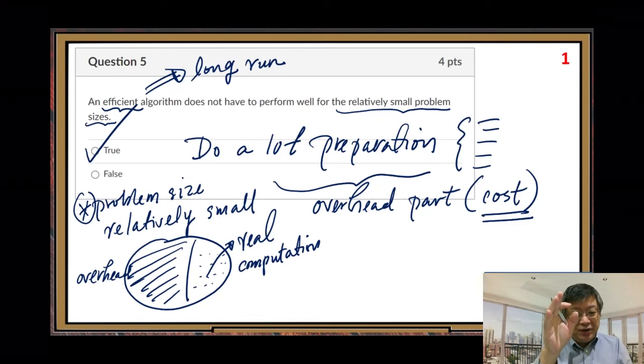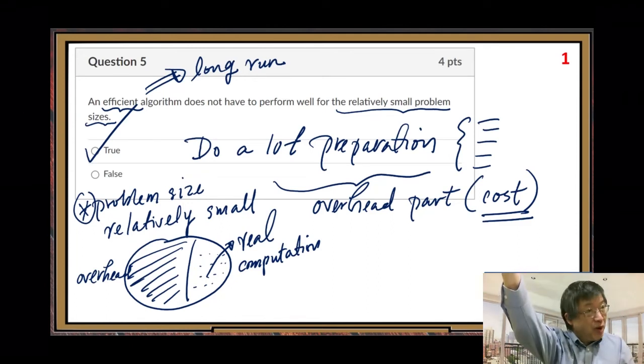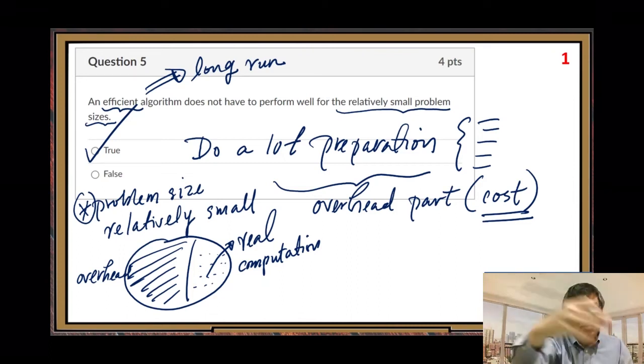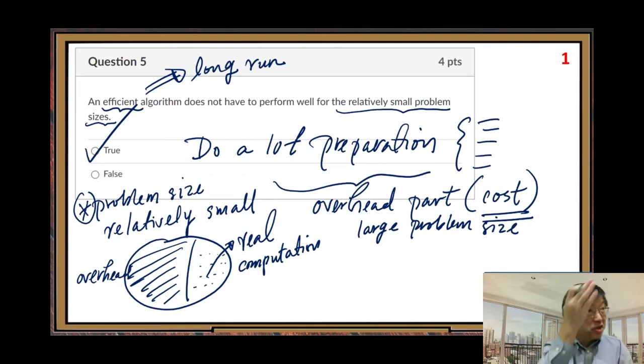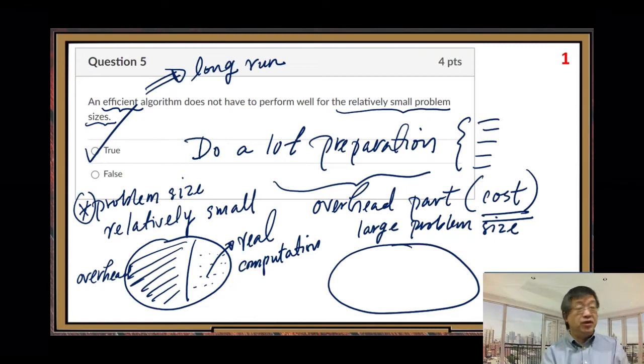Then let's go to large problem sizes. You can imagine some pretty big problem size. This time we work on the same problem, using a large problem size instance, one special instance. The space is limited, but I still need to draw this circle to represent all the execution time we need to spend. But this time the preparation,